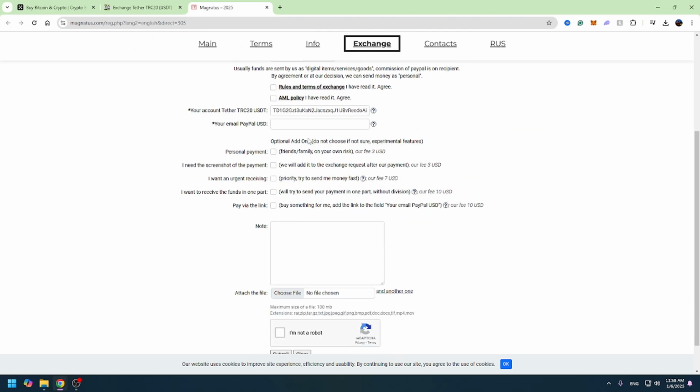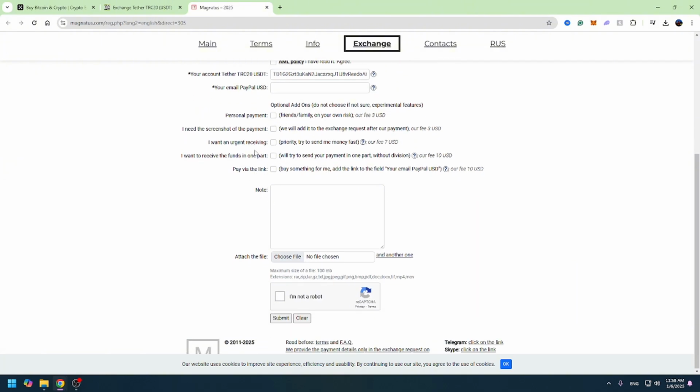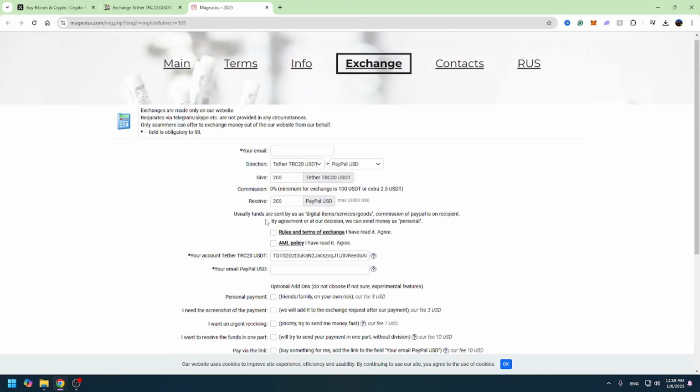Then you can choose these add-ons, guys, but keep in mind that they have some extra fees. For example, if you want a screenshot of the payment, and if you tick this, you will be charged an extra 3 USD. So you can look at these add-ons, then you can write some comments if you want. Then you need to submit, and they will give you a wallet address where you need to send your money,